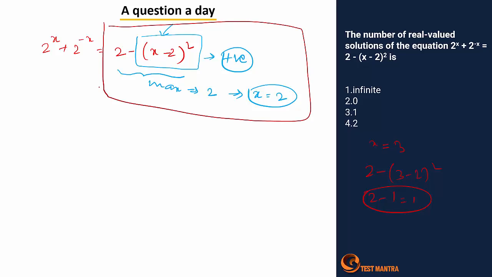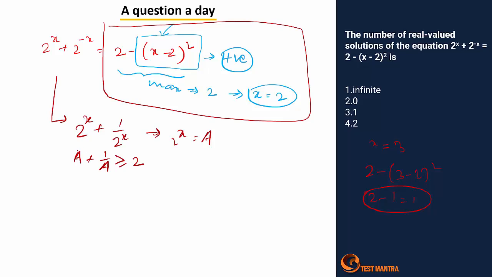This provides me these many pieces of information, right? Second thing is it's 2 raised to x plus 2 raised to minus x, right? So I can write the value as 2 raised to x plus 1 by 2 raised to x. So assuming 2 raised to x is equal to a, and I know that these are positive values here, so a plus 1 by a is the value. If this is the condition, this value has to be greater than or equal to 2, right? Greater than or equal to 2.